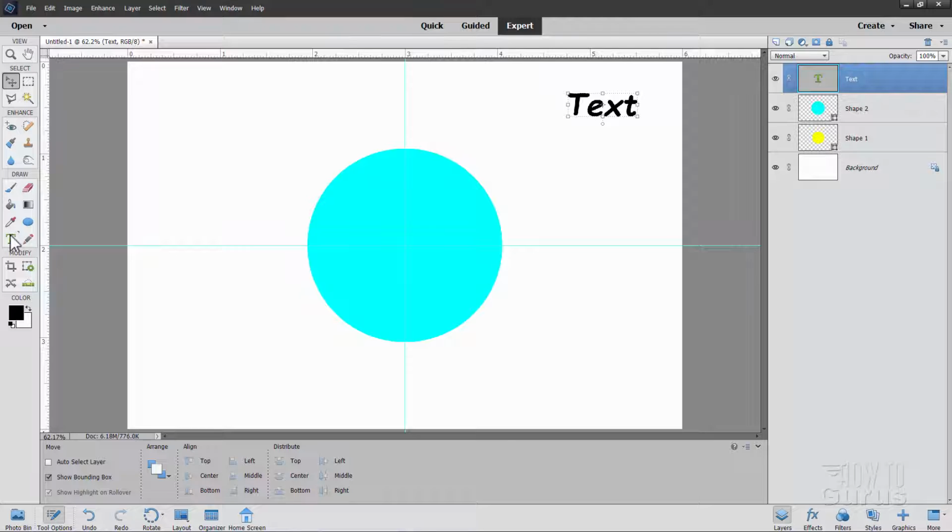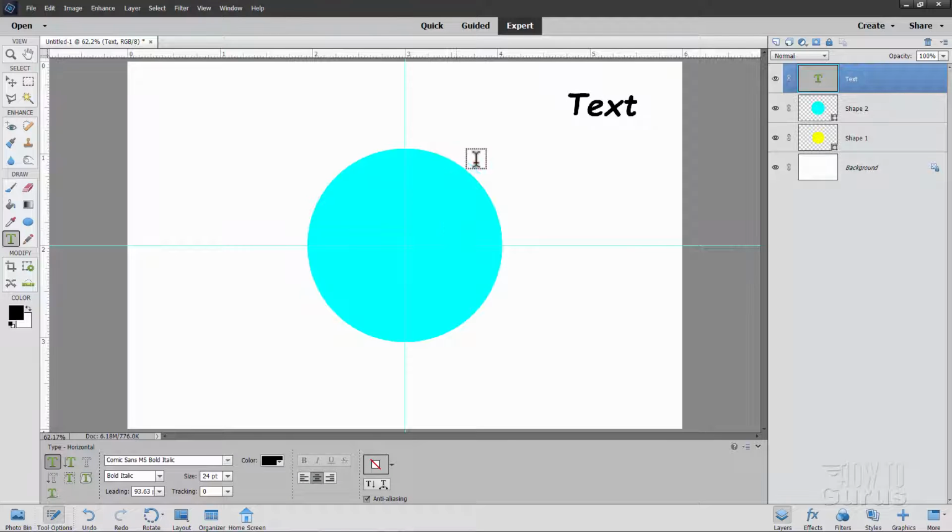Okay, let's go back over here to our Type tool. This time, let's come down to our shape, which is right here. Make sure you're on one of your shapes. And then if I pull this inside, notice how the cursor is now a circle. So it's a rectangle or a square out here. It's a circle inside here. If I click in here,